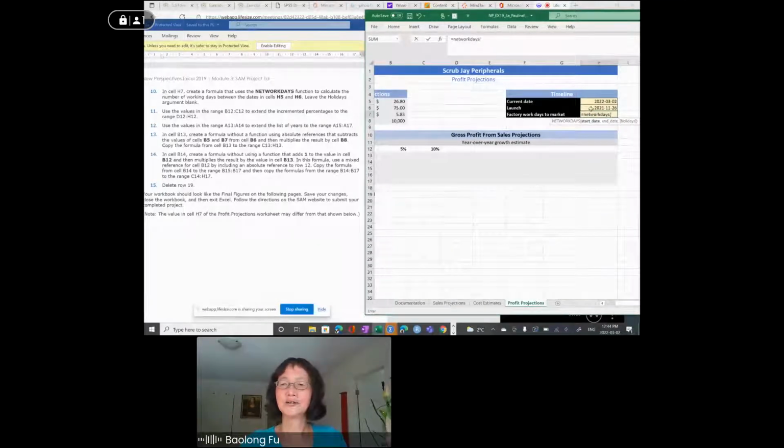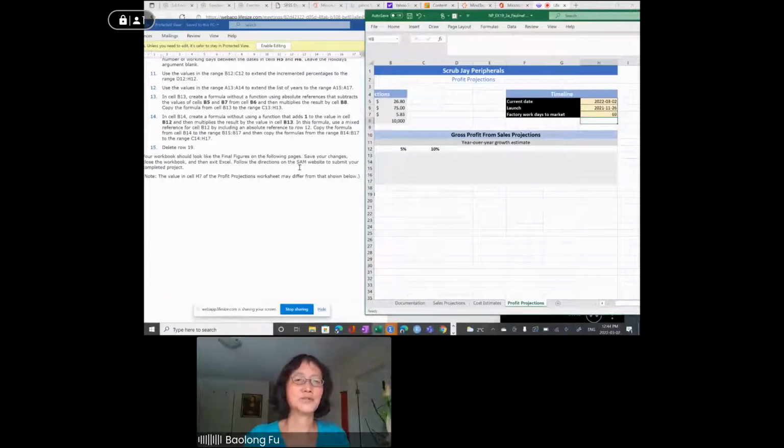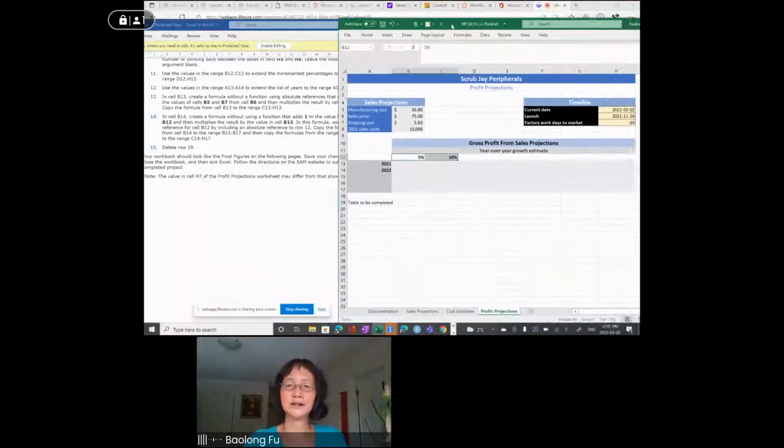Start date is this cell. End date is here, ignore holiday. 69 days. Step 11, use the value in range B12, C12, extend to D12, H12. So select B12, C12, put your mouse pointer on the bottom right corner, click and drag